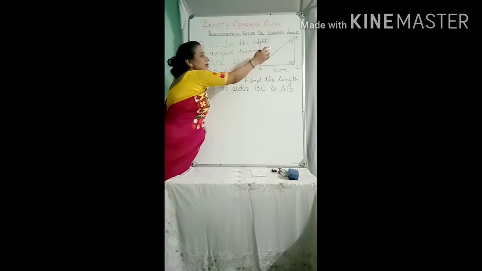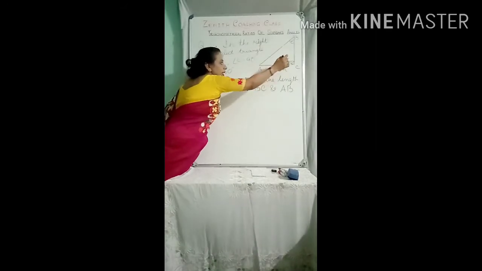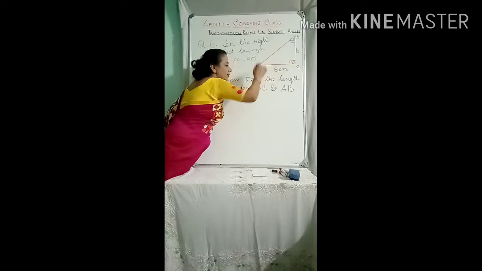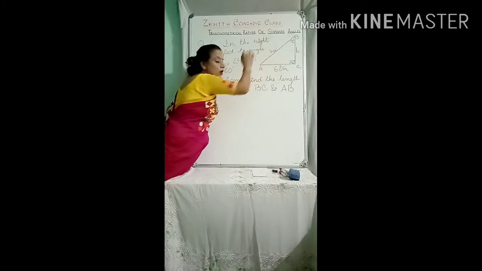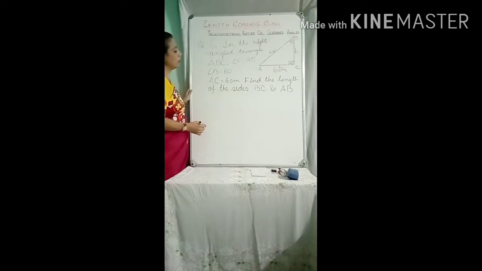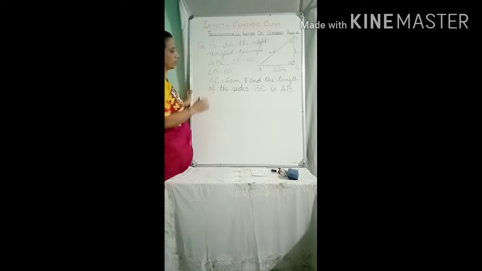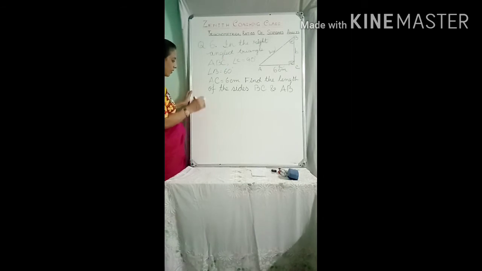Here is 60 degrees, where the angle is theta. So the adjoining side is the base, this is the height, and this is the hypotenuse, you know by Pythagoras theorem. So now you have to write tan theta. What do you know about tan theta? Tan theta equals height by base. So now start the solution.